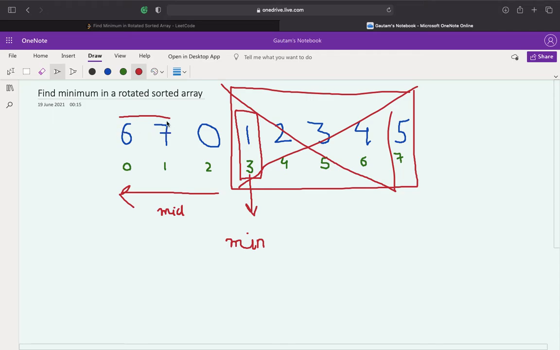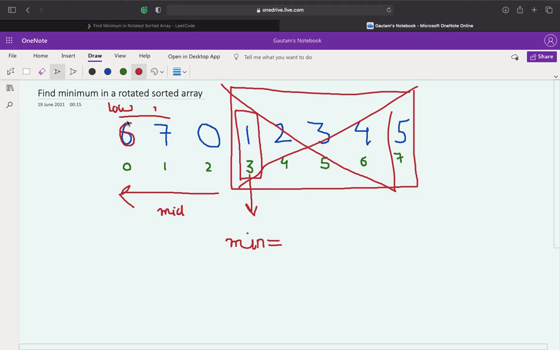That means the element at position low will be the minimum, because the left part is sorted, and in any sorted array the first element is the minimum element. Now we'll compare it with the last minimum element, and if it is less than the previous minimum element, which was 1, we'll replace that minimum with the latest minimum.